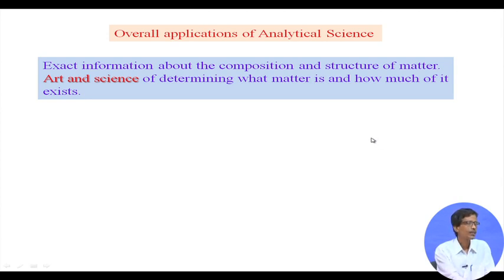So, how can you detect all these things in terms of the corresponding lambda max values and epsilon max values? Both of these are together, that means it is an art; you should be mastered enough. So, it is an art and science. What scientific knowledge you must have to deal with this analysis is a very little amount of chemistry knowledge, but basically it is a typical art, how you develop this with your knowledge, that means some amount of knowledge you must have.